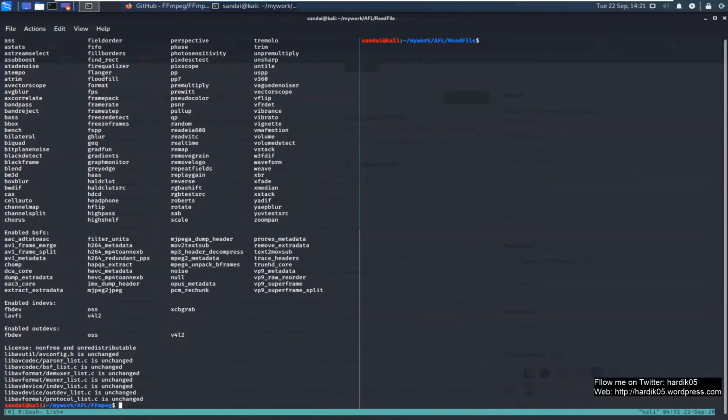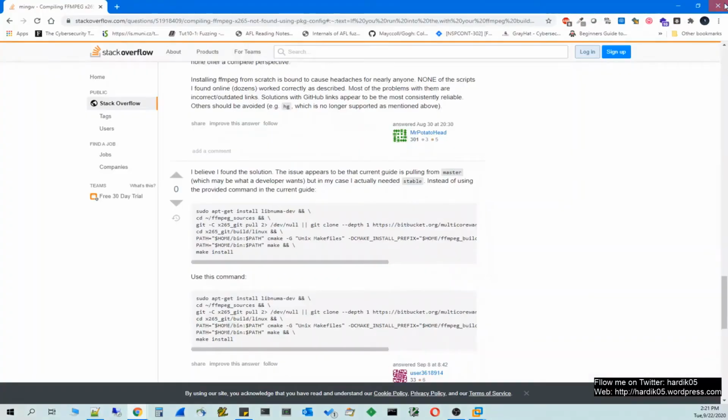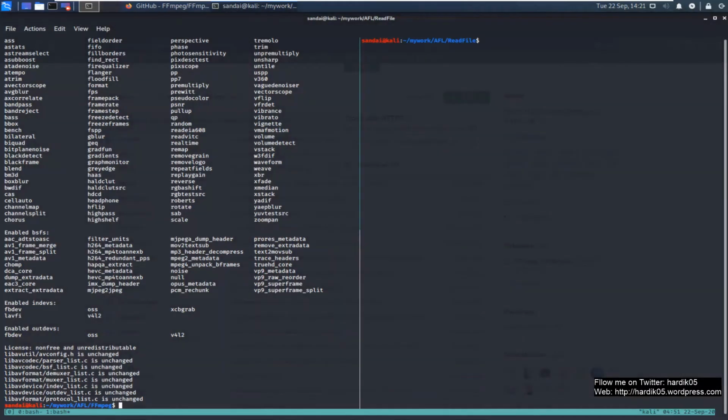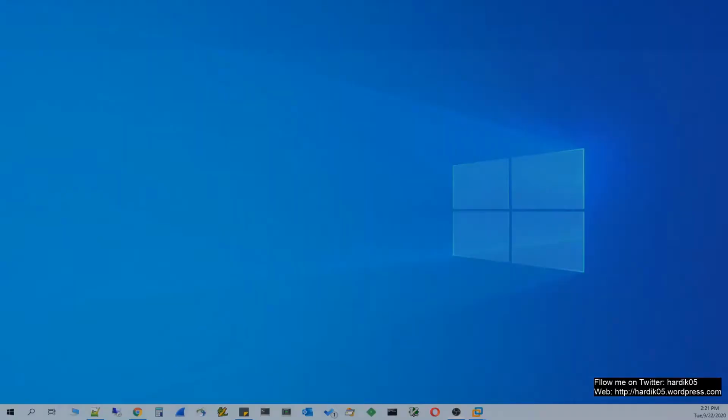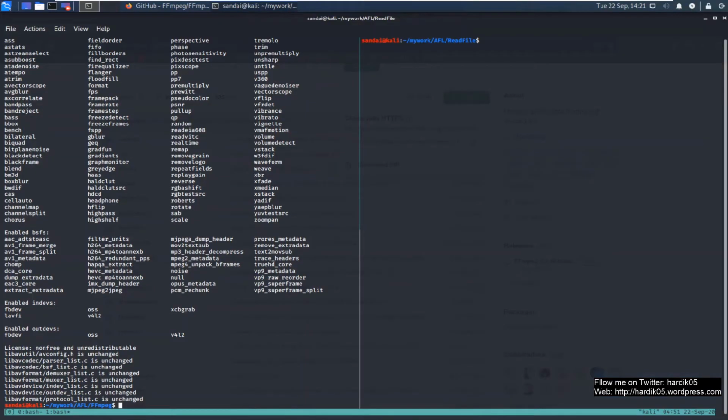So you can see that our configure command was successful, and it means that we already have all the libraries which are needed to compile. All the extra libraries which we have given are already present on the system, and so now we can go ahead to the next step, and that is creating the build.